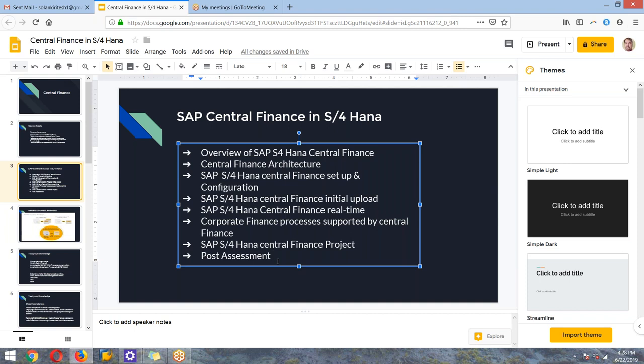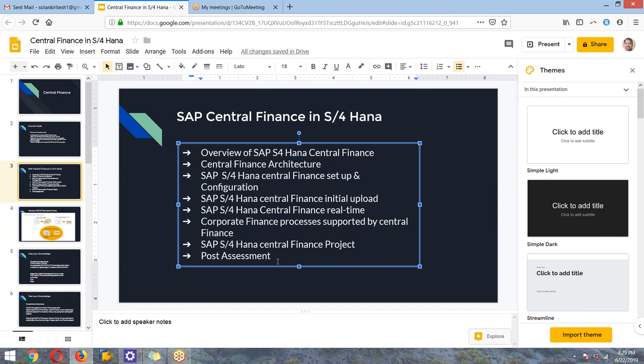ओके सर, एक क्वेश्चन है। सर, जैसे कि अगर हमने सेंट्रल फाइनेंस को इम्प्लीमेंट किया, तो उसमें जो एंट्री हम पोस्ट करेंगे, वो हम HANA के अंदर ही करेंगे या फिर उनके ERP सिस्टम में ही पोस्ट होंगी? मैं आपके क्वेश्चन का मतलब नहीं समझा। सर, आपने कहा था कि सेंट्रल फाइनेंस यूज़ फॉर अकाउंटिंग एंड फाइनेंशियल डॉक्यूमेंट ओनली। तो जो हमारे एंड यूजर्स SAP में डॉक्यूमेंट पोस्ट करते हैं, तो अगर हमने सेंट्रल फाइनेंस इंप्लीमेंट कर रखा है तो वो HANA के अंदर ही पोस्ट होंगे, या फिर उनके ERP सिस्टम के अंदर, और वहां से माइग्रेट होकर आएंगे? हाँ, मैं वही आपसे कहना चाह रहा हूँ।